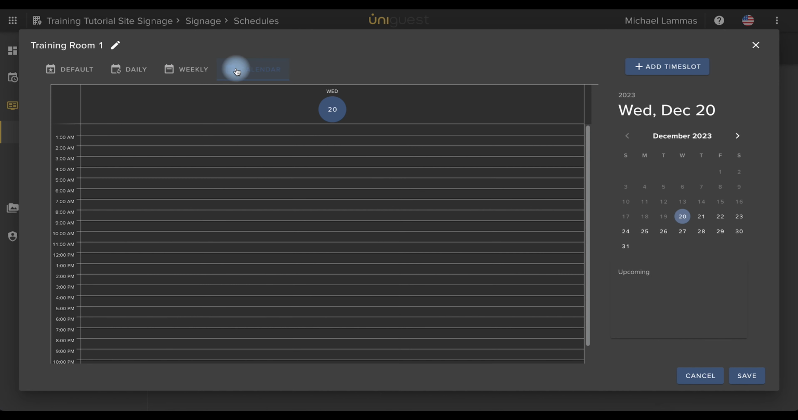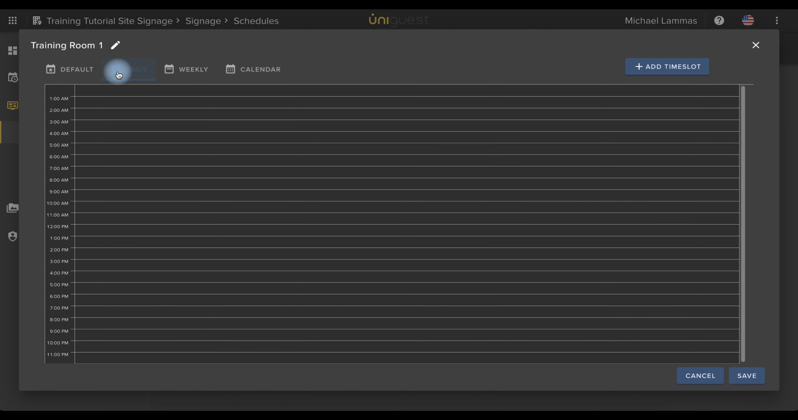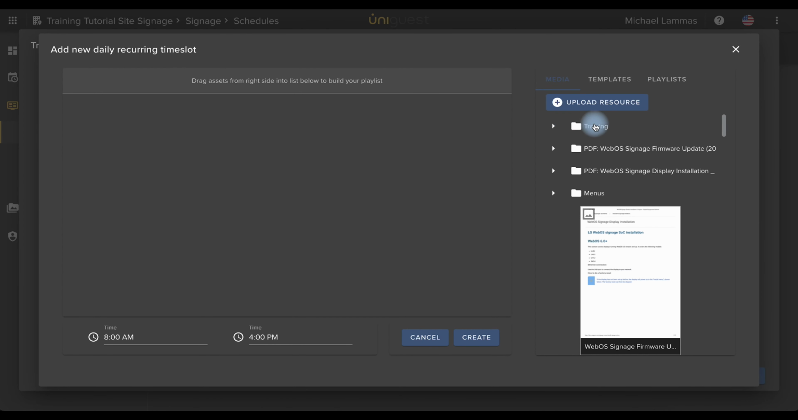If I click on calendar, this is a particular day that we want the content to be. So it could be that you've got an event coming up and what we want to do is plan out that day. So if I now go back and we'll gradually build up the schedule. So if I go to daily, I've got a couple of ways I can add the content. I can either come across here and click on add time slot. I can then choose which content I would like, so by dragging it across, which we're going to do in a moment,